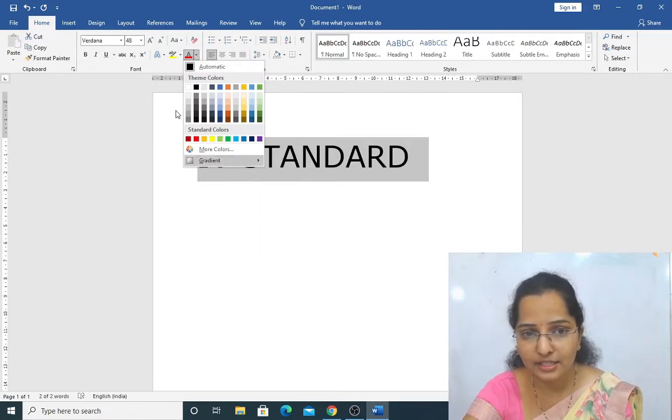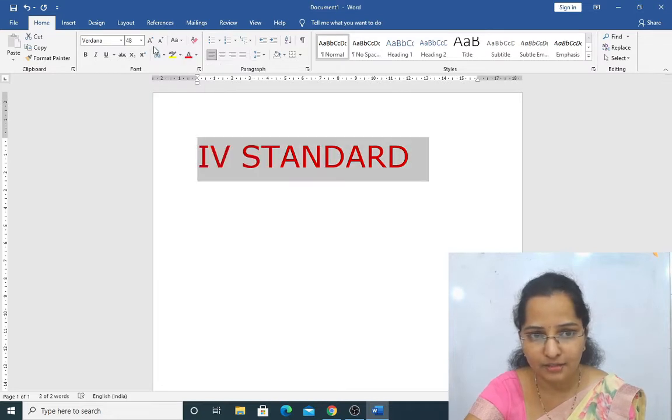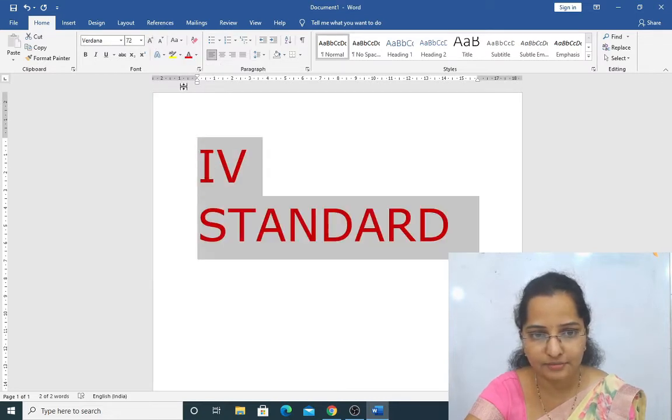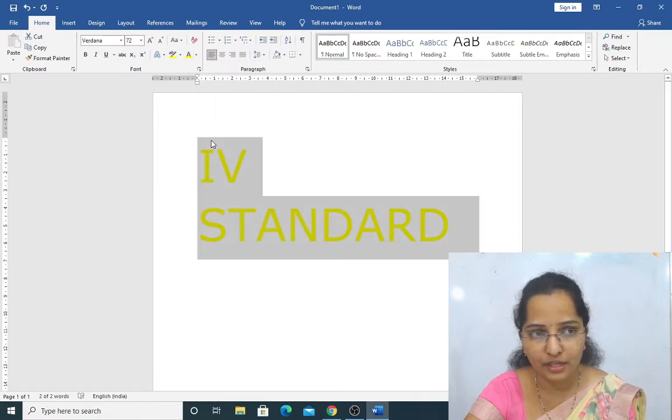We have these many colors for changing text colors. We can select any color which we want. Observe the text color now. Changing. I will take red color. Done. Yes, we can change it to yellow also. This is the way to change the font color.